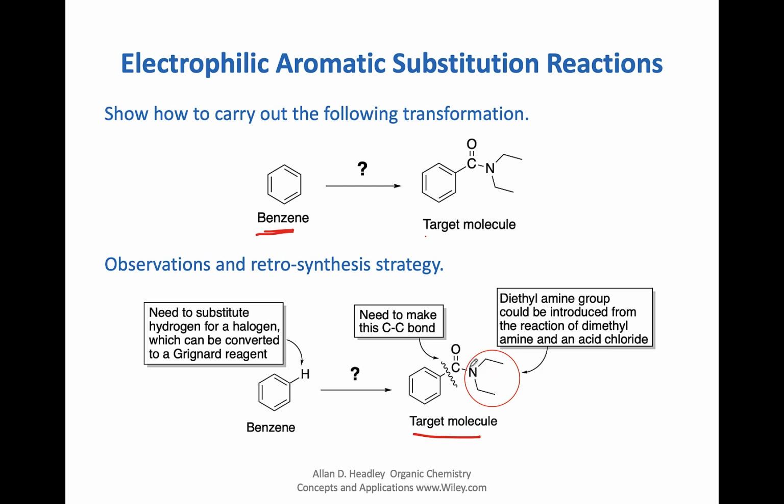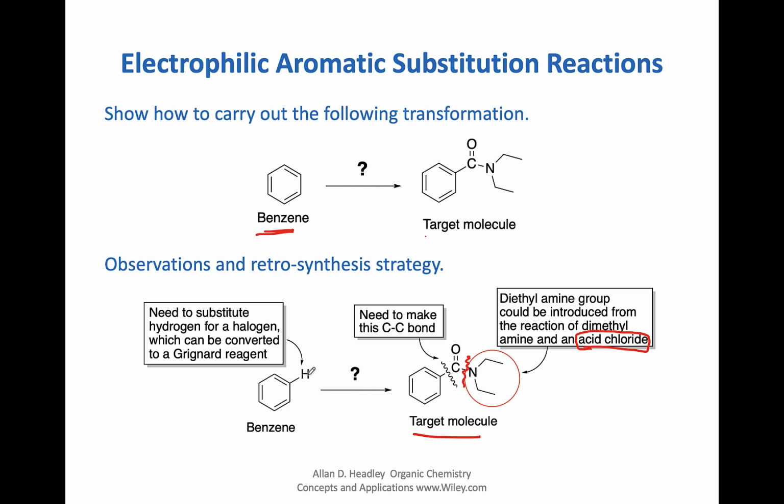And of course we have here an amide, so we can make this bond again using diethylamine and reacting with an acid chloride. Why acid chloride? Because it's a carbonyl with a good leaving group, so the reaction here is an acyl substitution. And of course, as you can see here, this is carbon dioxide reacting with a Grignard, which you'd have to make, and converting to a good leaving group to add your